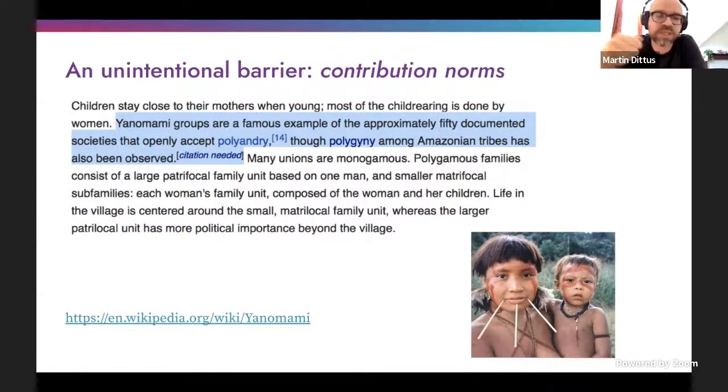how does Wikipedia, or how do platforms like that, expect that people contribute? And one thing that's really important on Wikipedia is this question of sourcing. You should not make original claims. Instead, you should always provide a source for major claims you're making in your contribution. Here's an example from a Wikipedia webpage about the Yanomami tribe. That's an indigenous tribe of the Amazon.